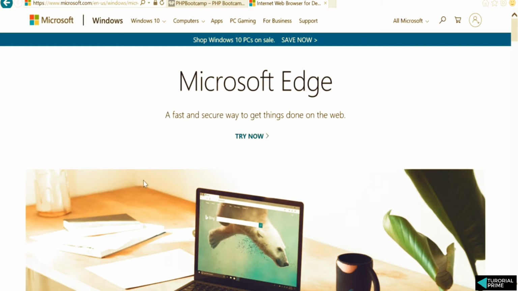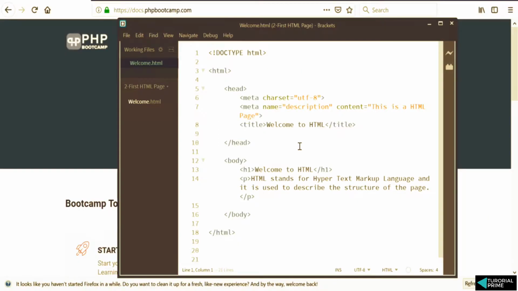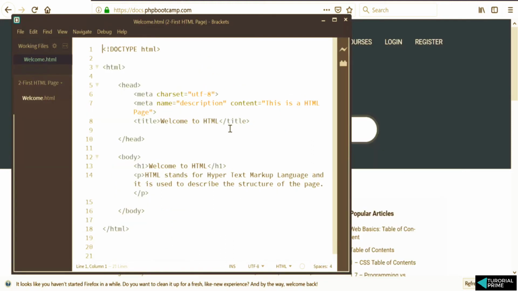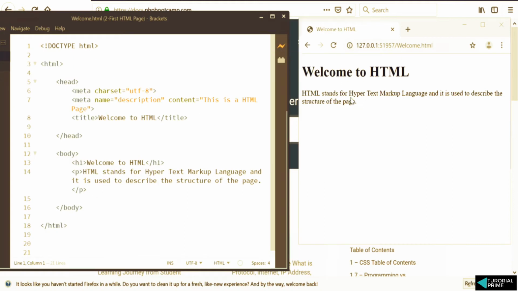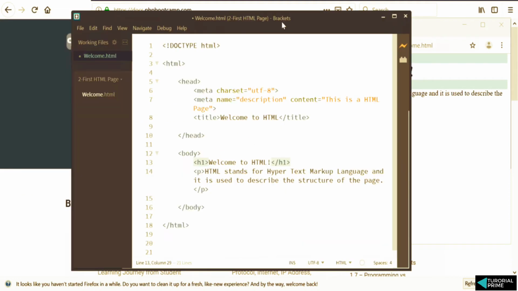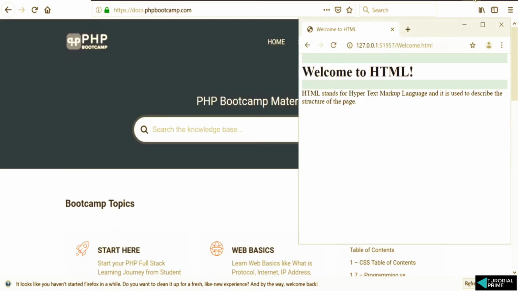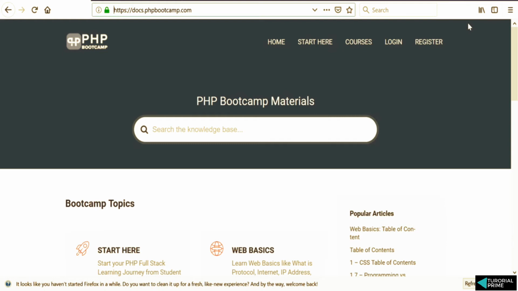Coming back to the editors and the IDE, for this course we will use the Brackets editor, and this editor can be used to write HTML, CSS and JavaScript. One good feature about this editor is the live preview. Whatever you write here, you don't have to go to the page and execute it. There's a button here, and when you click on it, it will show the output, and whatever changes you are doing, you don't have to refresh the page. It's automatically updated. So this is the editor we'll be using in this course, but again, it's up to you. There are many other editors available in the market. You can go ahead and use them.